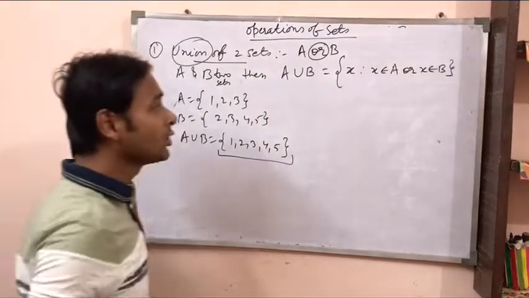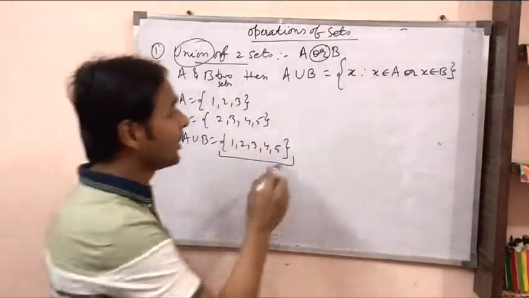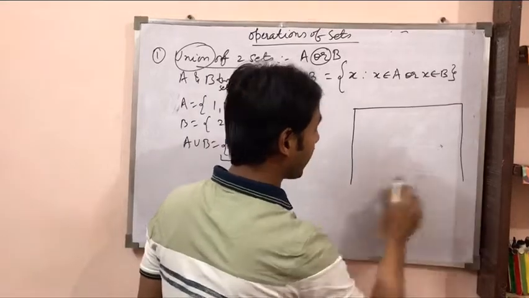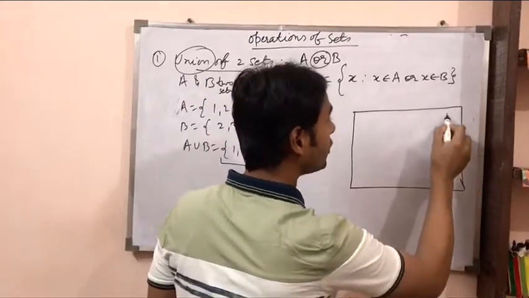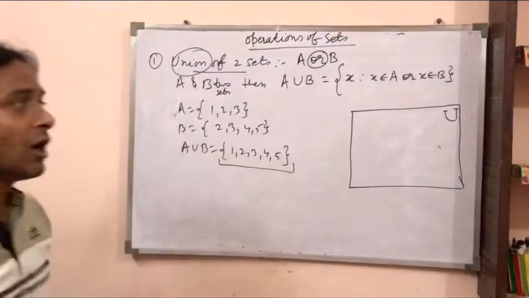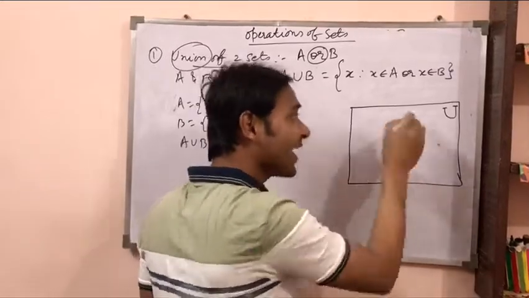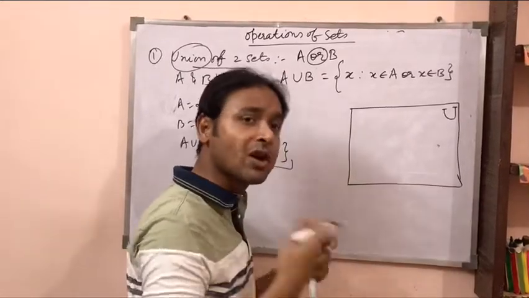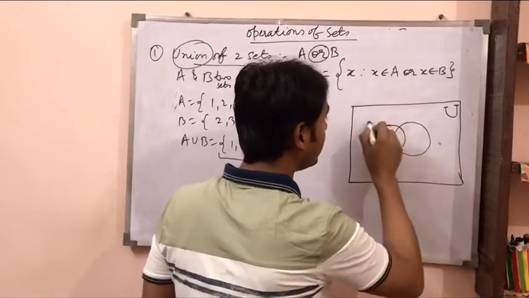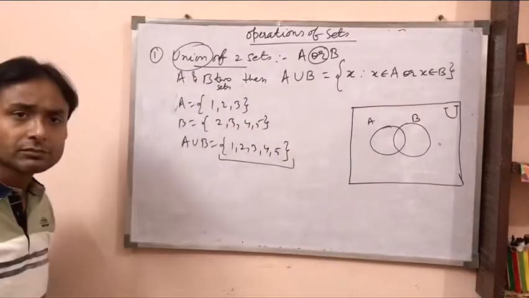Now the new term, that is Venn diagram. I will draw the Venn diagram of all the operations. So here, Venn diagram मैंने आपको कल भी बताया था थोड़ा सा, that we will draw a rectangle to show a universal set. Then I am drawing two sets inside the universal set because all the sets will be smaller than the universal set. So this is the set A, this is the set B. I am assuming that some points are common between A and B like this.